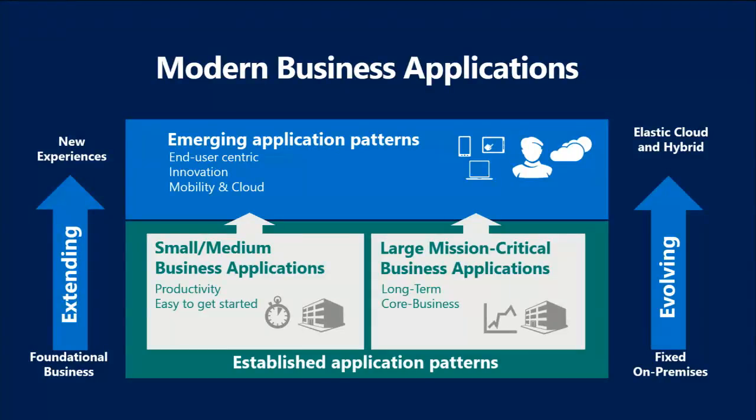So it's basically two pillars. One is moving from more traditional applications to new experiences, basically new devices and mobility, innovation, and so on. And on the other side, on the server side, is going from fixed on-premises services or even just client-server architectures and evolving that to the cloud. And so we can have an elastic cloud